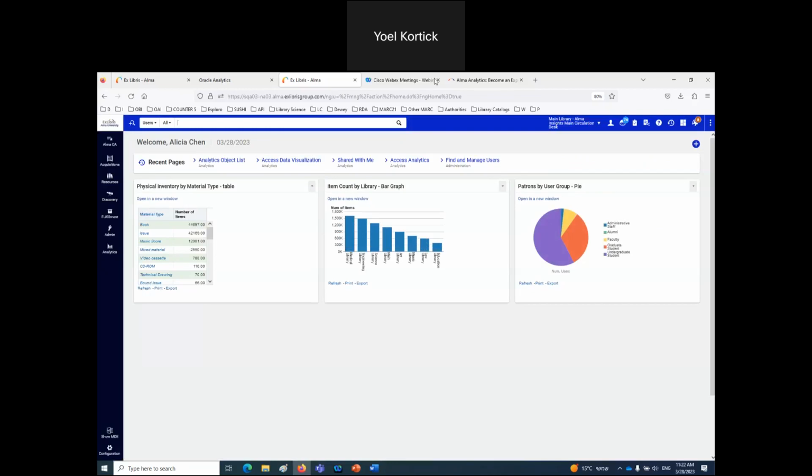Okay, let's see if there's any questions or comments now, and if not, we're going to move on. Okay, there are some questions. Someone says, what Alma roles do I need to have analytics objects list? Analytics administrator. You need the role analytics administrator in order to see the analytics objects list. Okay, making sure I didn't define any. Okay, if I didn't miss any, it doesn't look like I missed any. Okay, so let's move on now